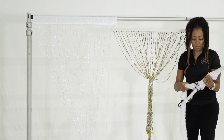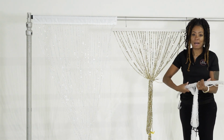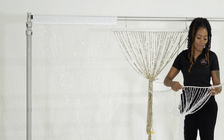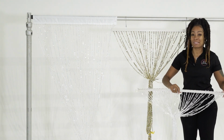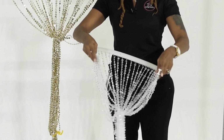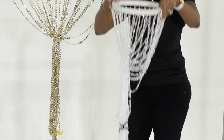And then lastly, we're going to be using the flexible bendable rod. Now, like I've mentioned, I primarily don't use these for flat backdrops. I normally would use these if I am possibly covering up a column or a pillar or something like that. Or maybe if I'm creating some kind of circle embellishment to hang from a ceiling, these are perfect for that. And if you're doing that, all you do is take it, form a complete circle, secure it with zip ties or whatever you're going to use,